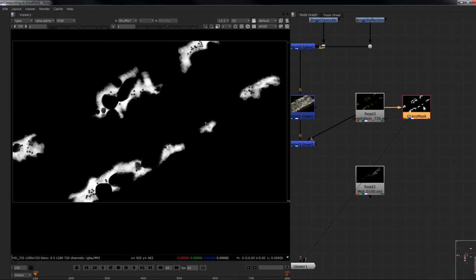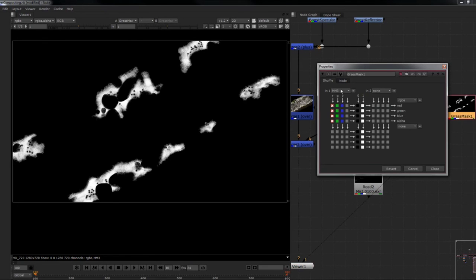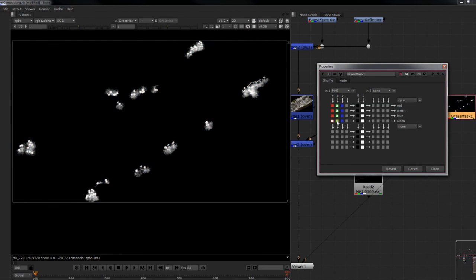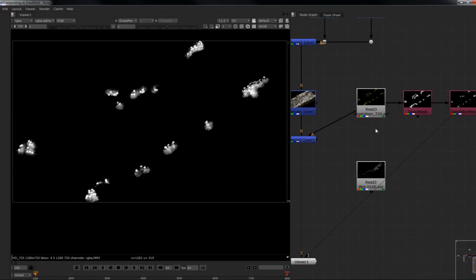Okay, and again Alt C to copy that, and this time I'll take the green channel where the dandelions are, and I'll call this dandelion mask. Okay, so I have two more masks here,